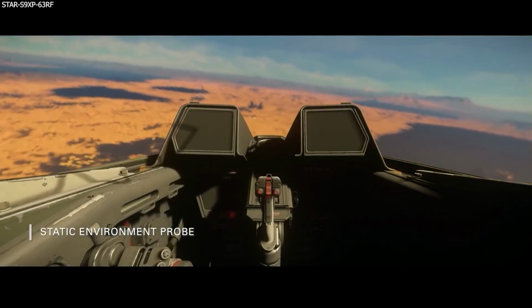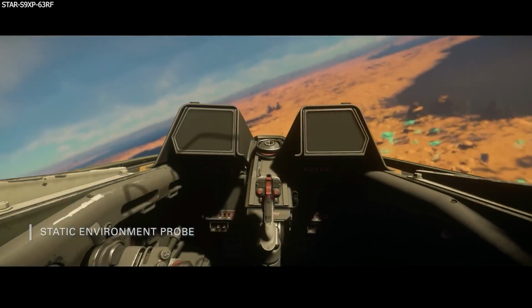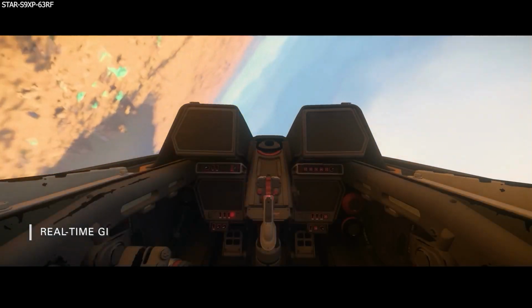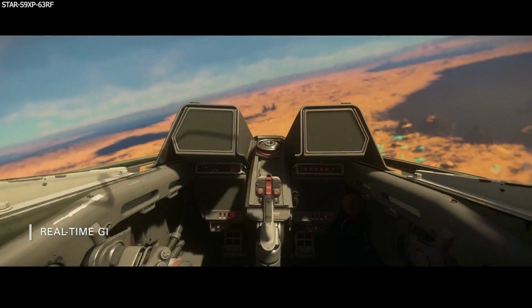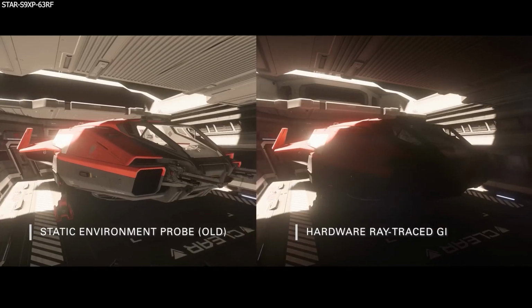For global illumination, support was added for high-gloss specular reflections, which builds on the previous rough specular work, plus the team added live updates to GPU ray tracing acceleration structures and began working on improvements to transparent objects. I'm really excited to see what Star Citizen will look like when it has ray tracing and global illumination. I will certainly need to sell a kidney so I can build a PC capable of running it though, but